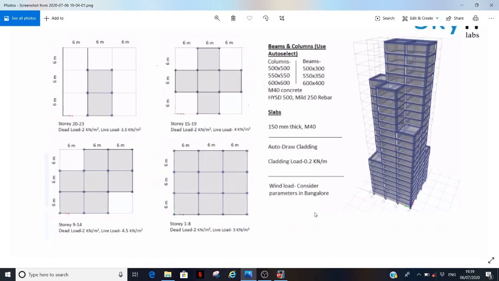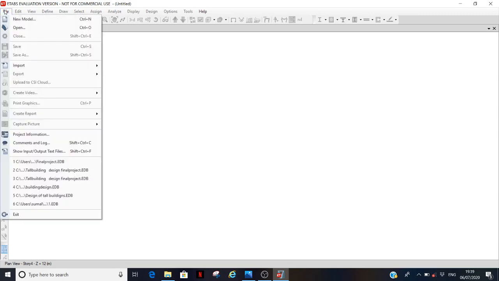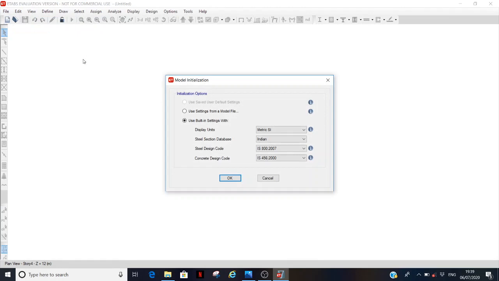We will look into the actual part of the analysis and design using the ETABS software. The analysis and design of the building basically includes 5 steps. The first step is defining the section properties and also the material properties. After defining those sections, we need to draw them for the different sets of stories as given in the problem.